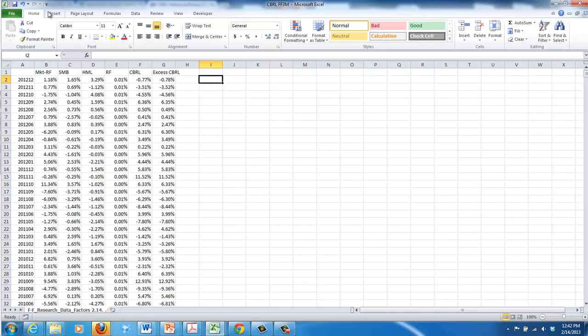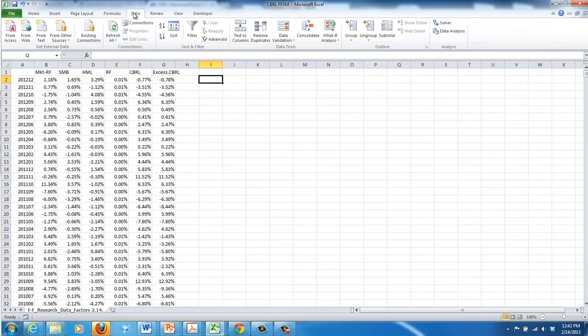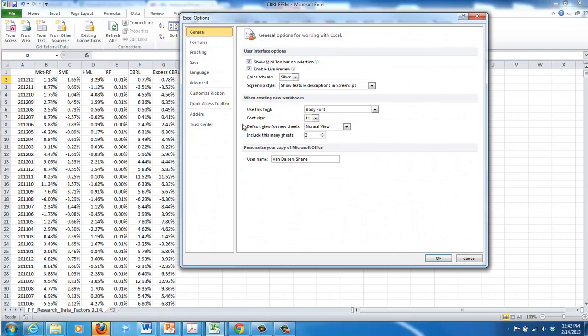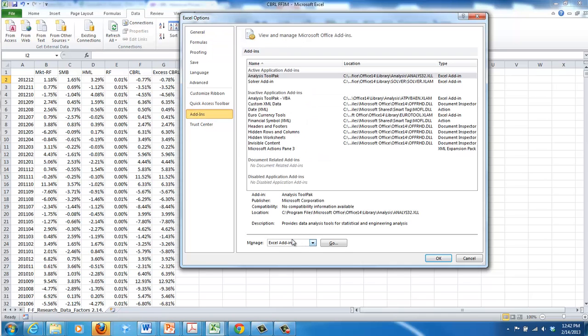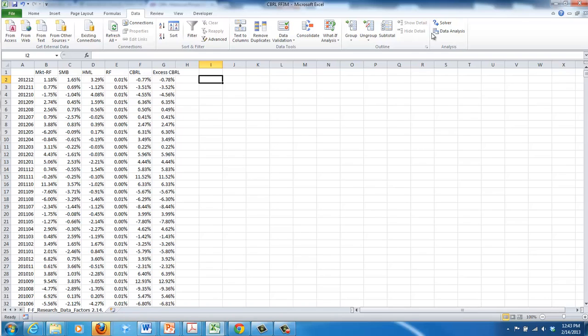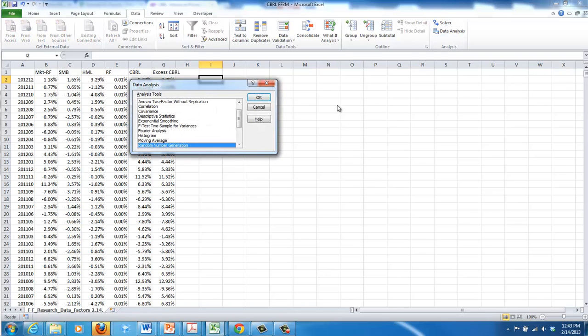So I need to go out to data and data analysis. If you don't have data analysis on yours, you'll need to go to File, and then Options, and Add-ins, and then go to Excel Add-ins, and select the Analysis Toolpack. Okay. So I'm going to go out to Data Analysis, select Regression,